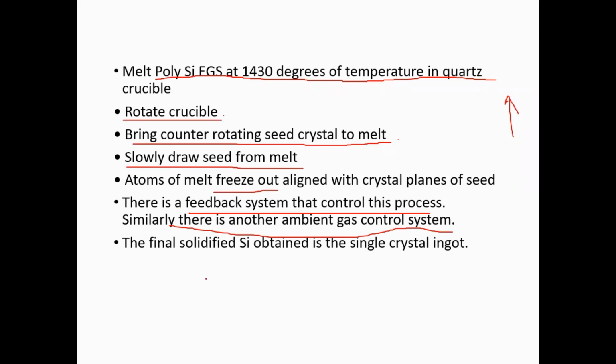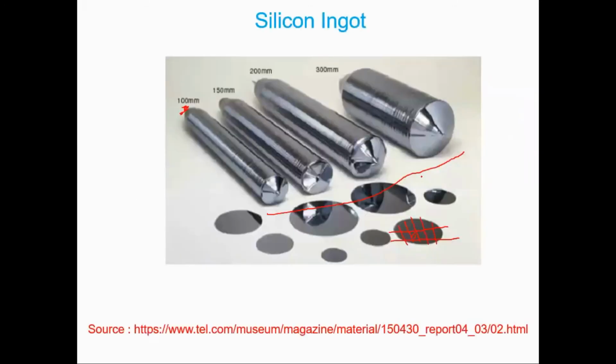So after going through all these processes, you are getting a final solidified silicon crystal called an ingot. And after the ingot, what happens? This is being ground so that the upper surface becomes smooth, and then further this is being cut into slices. These slices are called wafers. These are used for IC fabrication. The conventional size being used these days is 300 millimeter. Also these were used in previous cases, but these days this is extensively used.